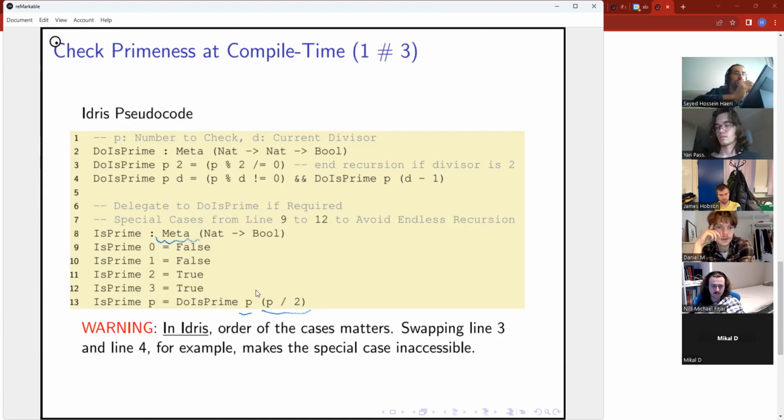There is a recursion: it takes two numbers and asks, is p divisible by d? If it is not, then it goes to one less, and it does that until it hits 2 for d, right? And there are a number of base cases down here, right?